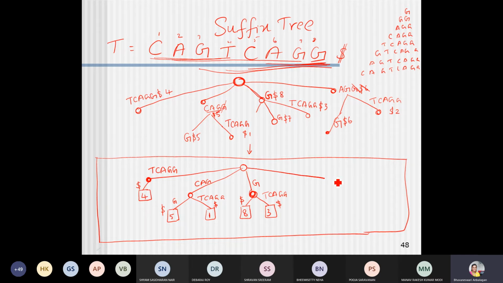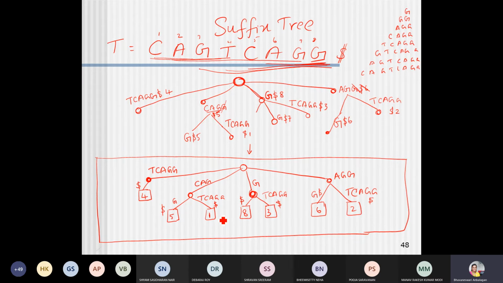Another node is AGG. I have G over here, which has ended, so the index I am going to give is 6. And I do have TCAGG. This is going to the end, its index is 2.